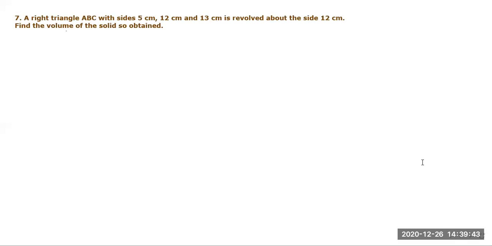Yes, students. Now we are having seventh sum. A right triangle ABC. Now, students, whenever they say right triangle, what is the meaning of this? Right triangle means now